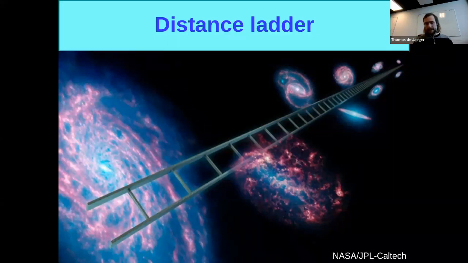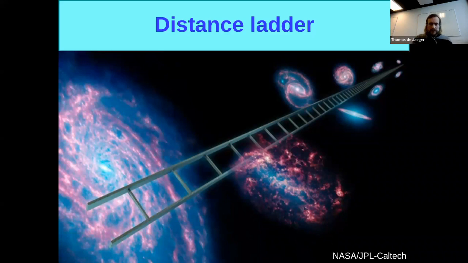The basic idea is that if you want to measure the expansion of the universe, you need to measure the distance of galaxies in the Hubble flow. The Hubble flow is where the motion of the galaxy is only due to the expansion of the universe. There are no peculiar velocities due to some structure close by. But to reach those very distant galaxies, you need to start locally using geometrical distances. Then you can use calibrators. And finally, you can reach the last step, the last rung. I will give details about the distance later.